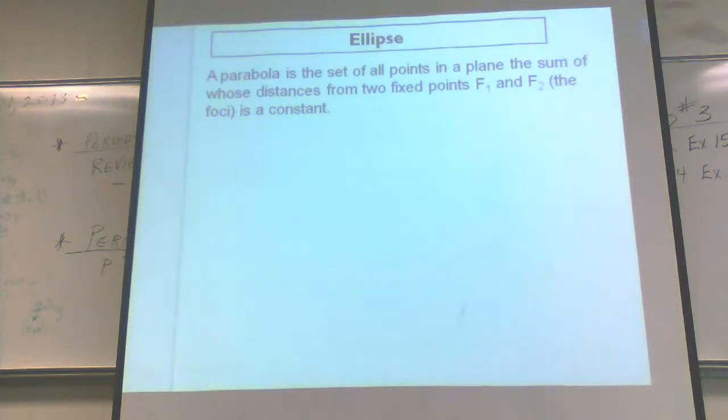Okay, so obviously that shouldn't say parabola. I didn't edit that. I should say ellipse. Sorry. Okay, so the ellipse thing, as it says up there, if you went through all the stuff with